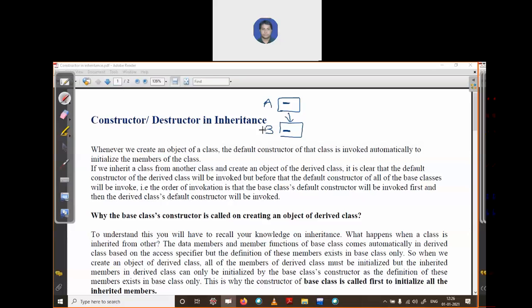Is it clear? This is the concept of inheritance. There are two classes, and the relationship between these two classes, shown by this arrow, is inheritance. Class A has a constructor named A, and class B has its constructor B. What is the relationship, or what happens, when we write constructors in two different classes which follow the concept of inheritance?